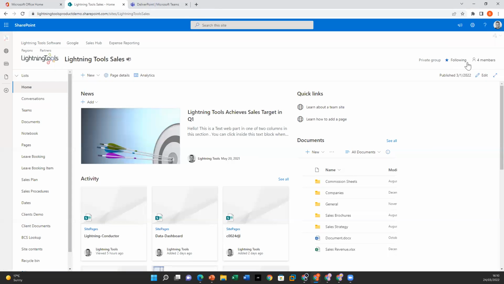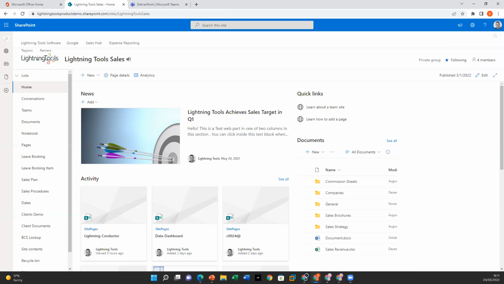What you'll notice in the top right hand corner is that there's a few different shortcut menus that appear. So we've got things like discover permissions and sharing links and the new permission summary report, or access to the main DeliverPoint page as well. And this is something that only shows up to you if you have full control. With DeliverPoint, you don't need to actually do any user management as to who can use DeliverPoint. That's automatic. So if you have full control to the site as a site owner, you'll be able to see